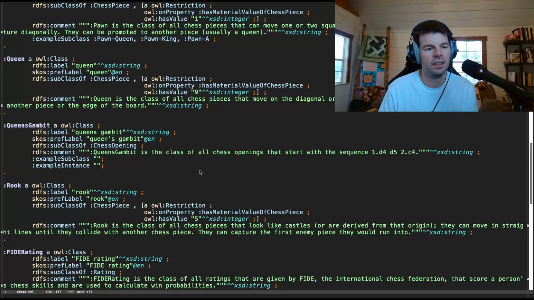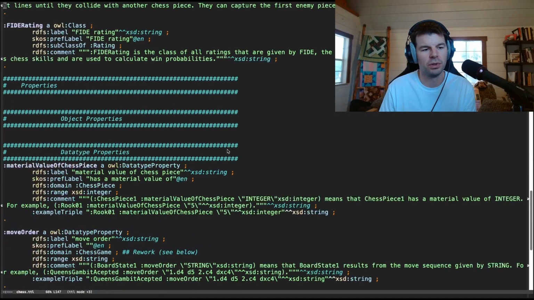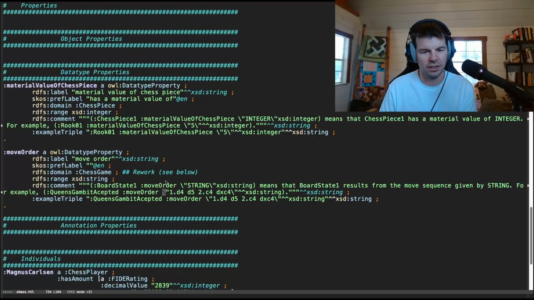Okay. And then what we want to do is figure out, okay, that's in the comments, right? But I don't want to just have it in the comments. I want to have Queen's Gambit actually related using the properties that I created, right? Like using this move order piece. So for the move order example, we say Queen's Gambit accepted has a move order of this. That was what I suggested. So move order